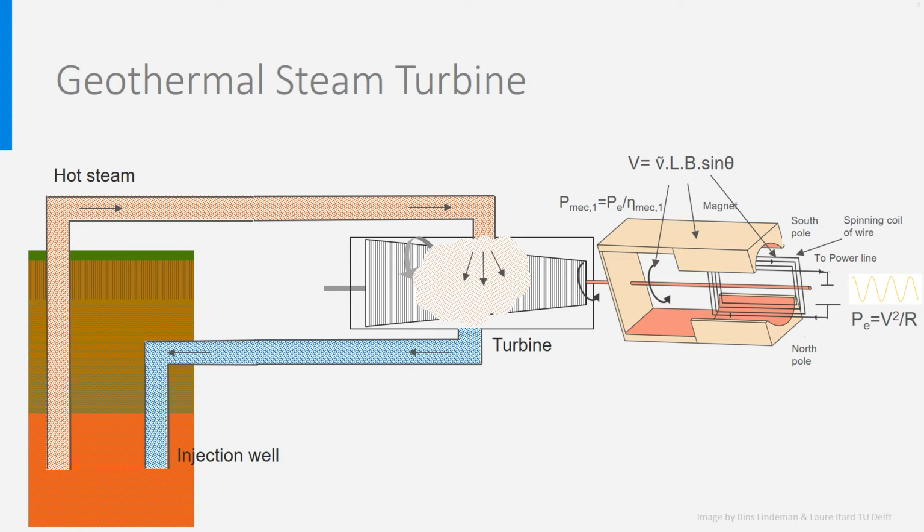You may remember that the temperature deep in the earth differs a lot depending on the location. In some places, steam at more than 200 degrees Celsius can be obtained, which is very convenient to power a turbine, like in the picture. So, instead of using the steam for heating applications, it is this time used to produce electricity. Sometimes it is not steam that is pumped from the earth, but brine water under high pressure, which is first flashed, depressurized to steam when coming out of the ground.